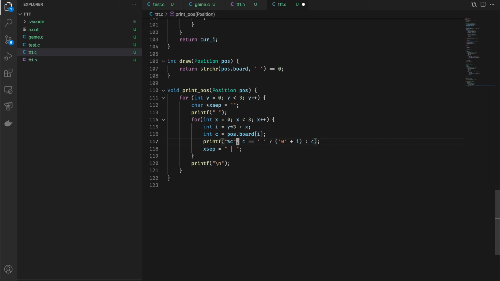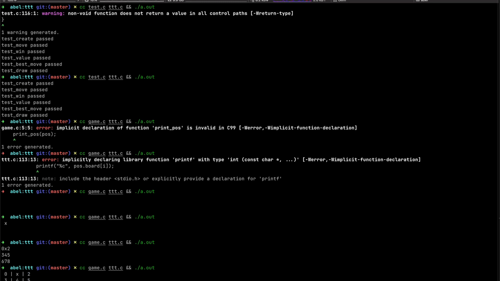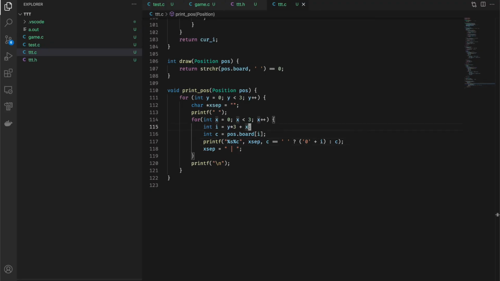Right. And we have to include the separator by putting it right there. And that is the next argument, so xsep. All right, save it, run it. Okay, and we want to put little dashes in between, so it actually looks like a grid. So that means that